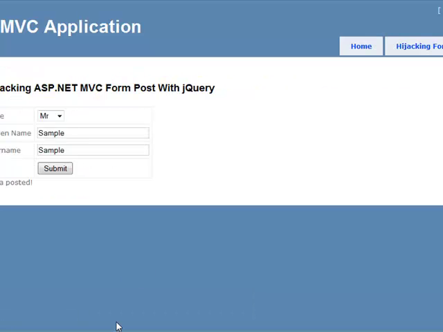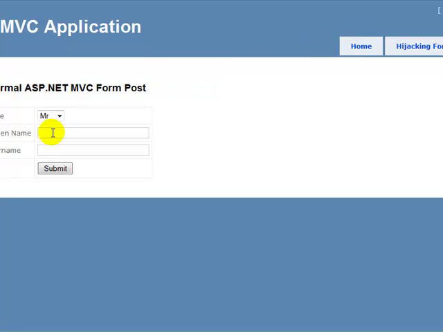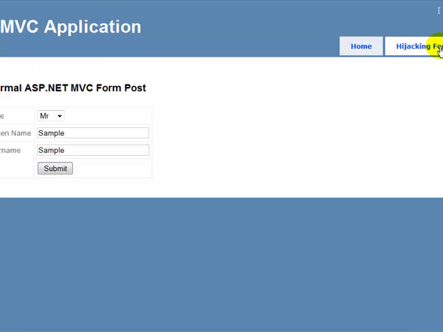So if we go back into the page now to show you the differences again, type in sample again, submitting the form, posting the form, full page refresh. But if you want to hijack the form,